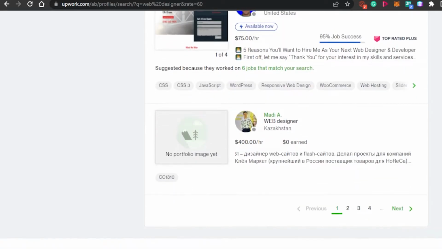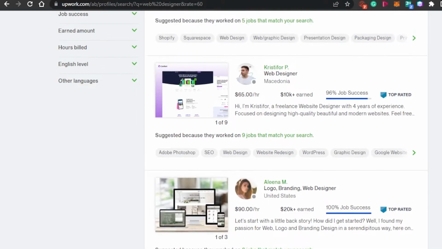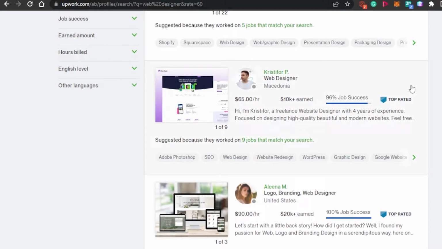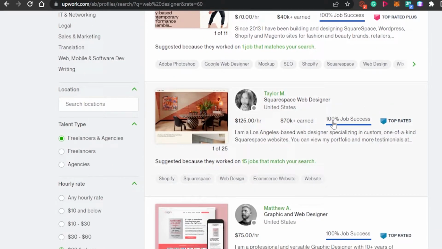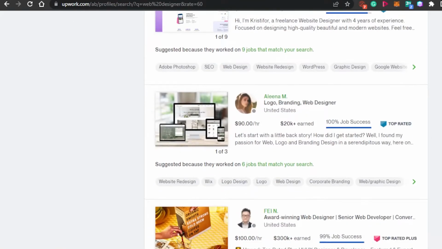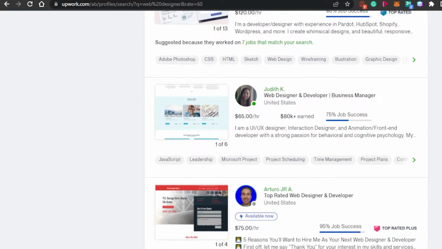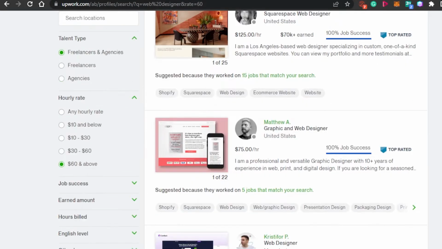And what you can do is you will simply create a website like this, and then you will simply get the clients. You can see right here, they have earned in thousands and their job rate is amazing. They have a lot of reviews too. So there are always different clients looking for web designers to create their own professional websites, and that's what you